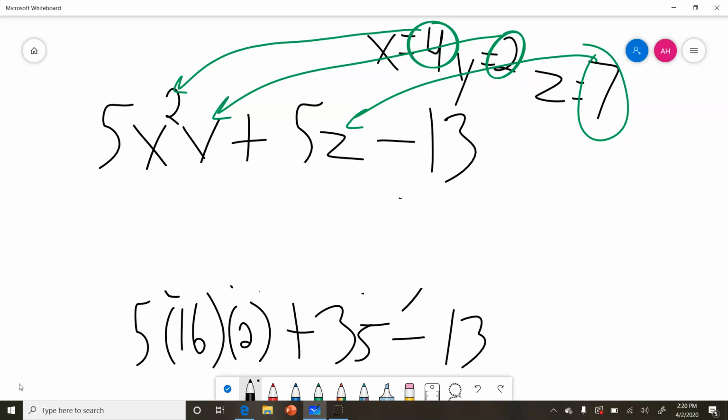So you probably want to do that on your calculator. 5 times 16 is 80. So we have 80 times 2. Sorry, I'm not going to use that symbol because that might confuse you. 80 times 2